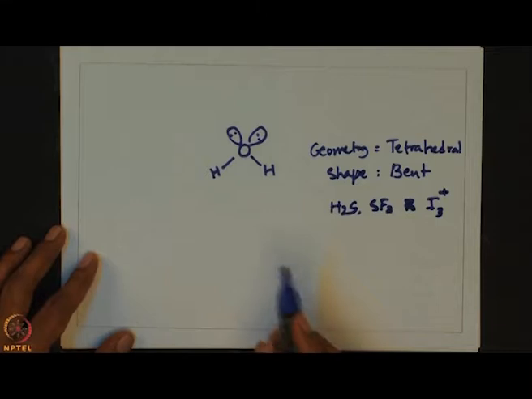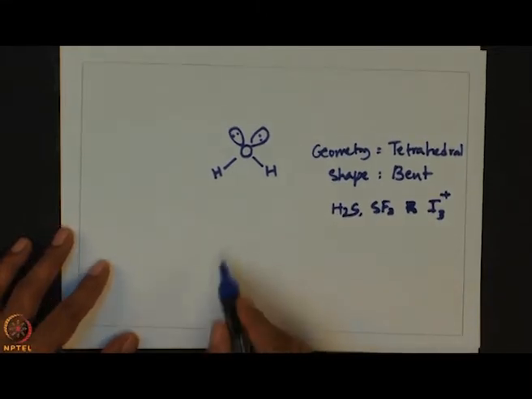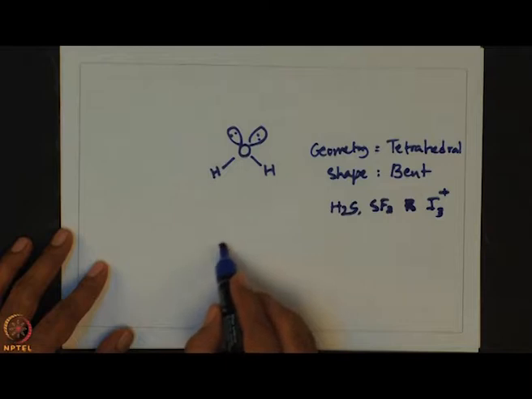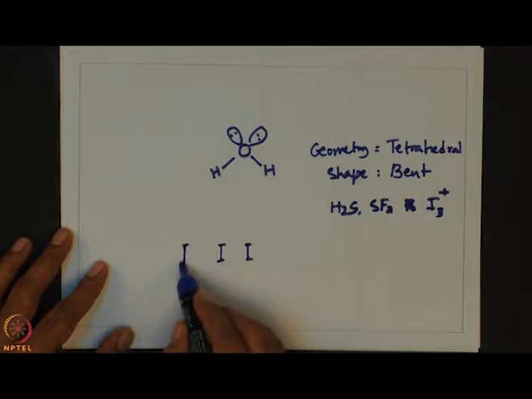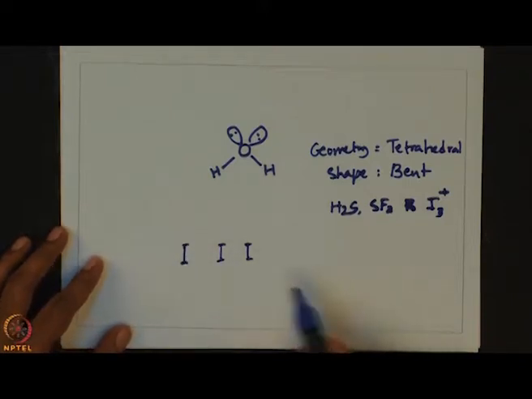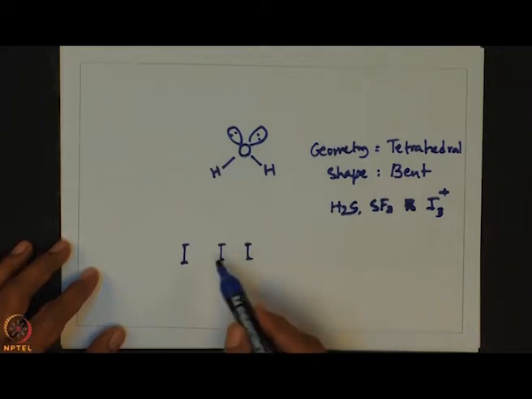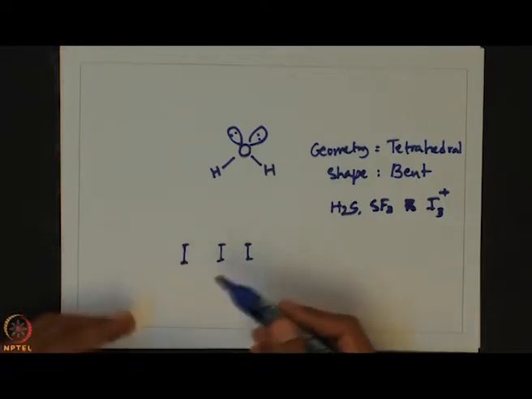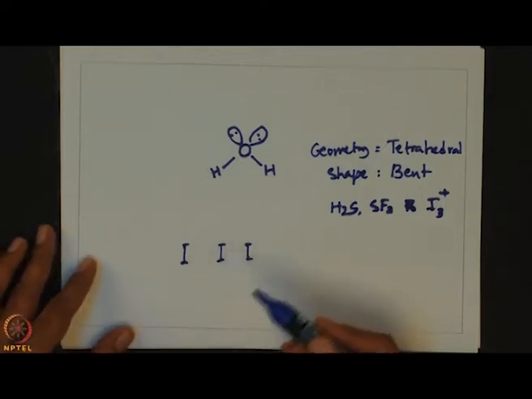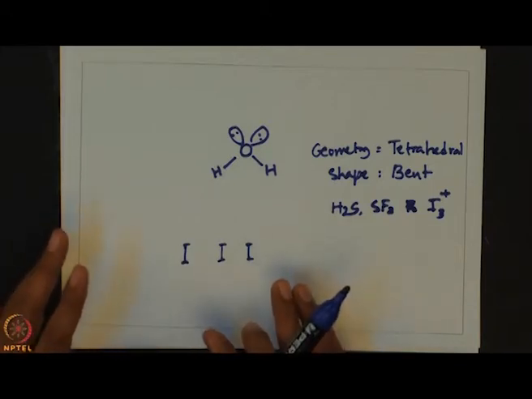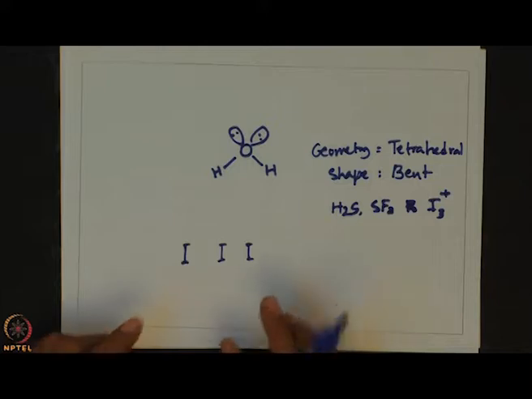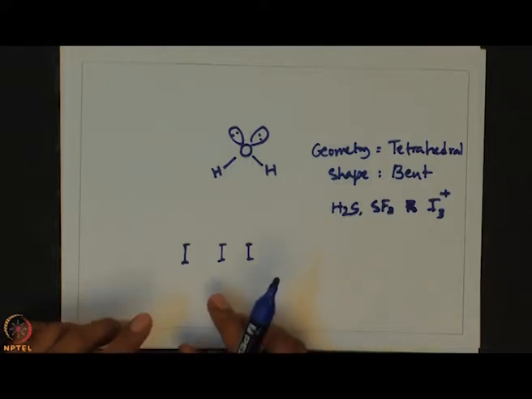I3 plus is interesting. One of the iodines will be the central atom here. So, first let us count the number of electrons using the Lewis method. Here in counting, either we can count all the valence electrons of the central atom and just one electron from the peripheral atoms, or we can count everything and try to satisfy the octet. Either way one can write it. Now, I will show you by omitting all the electrons of the peripheral atoms, but considering only one electron that makes a covalent bond through sharing with the central atom.